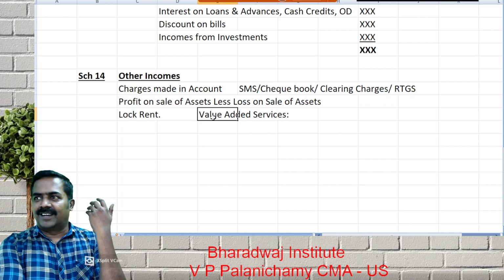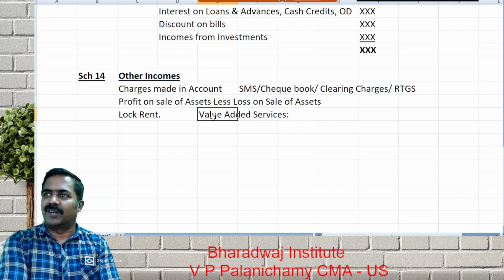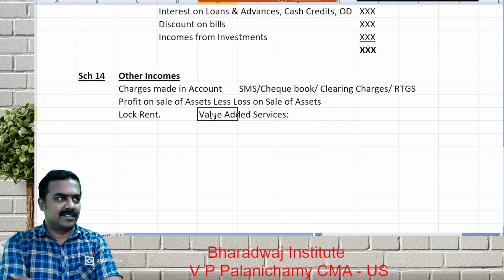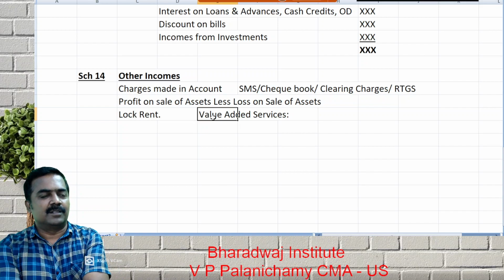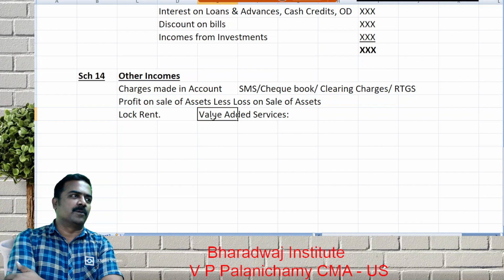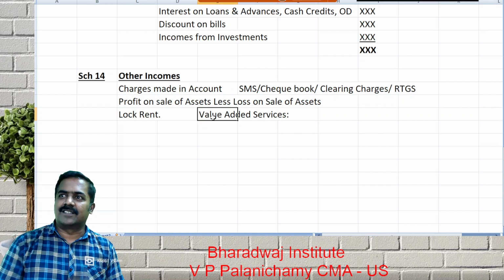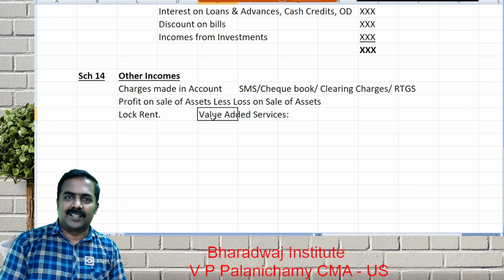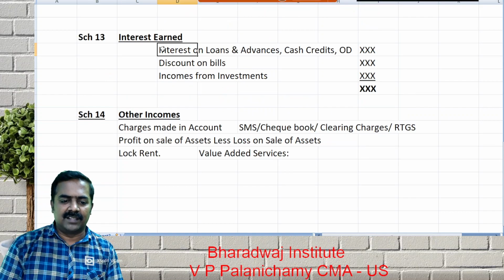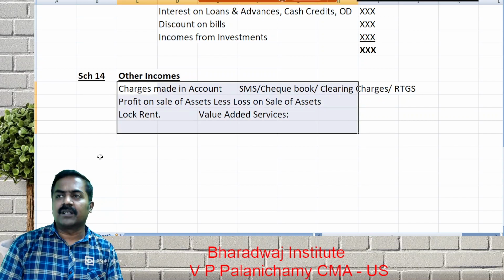Earlier, if you are having an account in Chennai SBI, people can deposit the money only in what? That branch. If you deposit at an outside branch, then there will be some charges. For example, you deposit the money in SBI of Coimbatore for the account which is there in Chennai, they will put some 200 rupees, 300 rupees charges. And they used to put collection charges earlier. Local check has no charges, but for an outstation check they will put collection charges. So all those things will come in which income? Other income. Name anything other than the interest, discount and income from investment, it will come in other income. Schedule number 14.